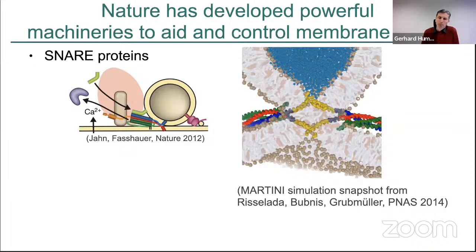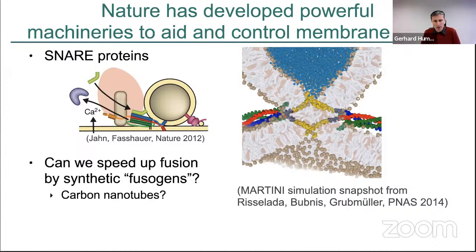And the most well-studied machineries in this regard are SNARE proteins. But these days, we're of course also all learning about the spike protein, whose primary function indeed is to get the viral envelope to fuse with the host membranes, either the plasma membrane or the endocytic membrane. So the question that we asked was whether carbon nanotubes are actually candidates as possible fusogens, so a synthetic fusion